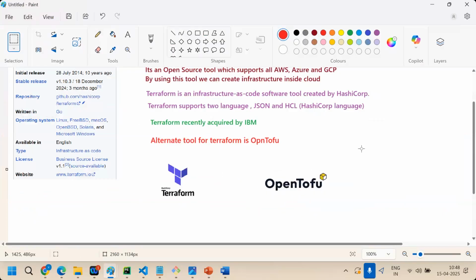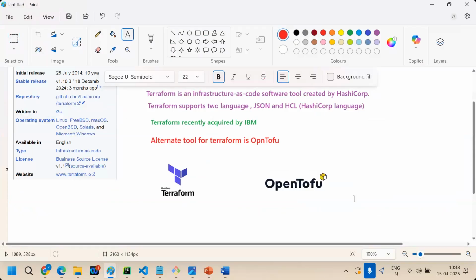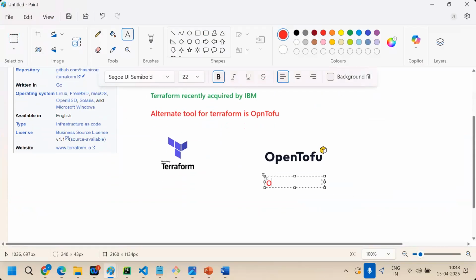OpenTofu is fully open source, and it's forked from Terraform only.